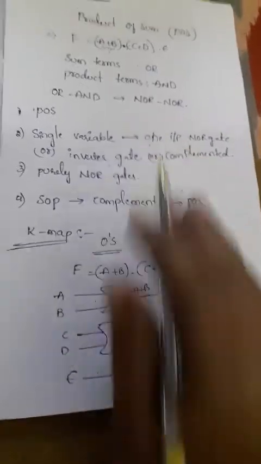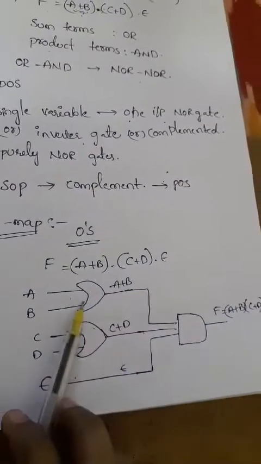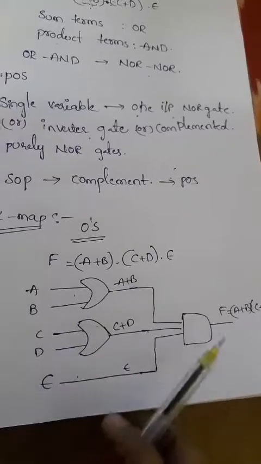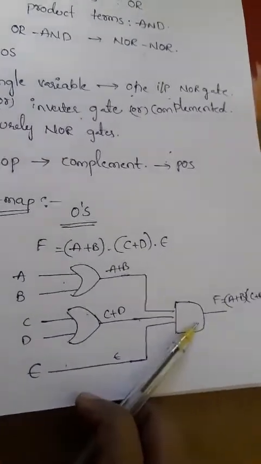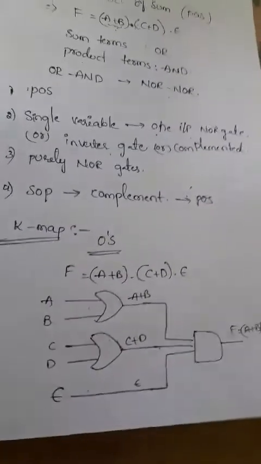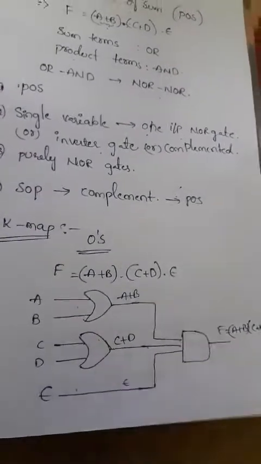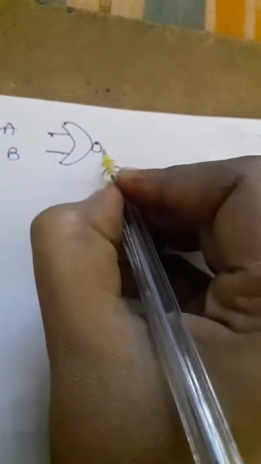The OR or AND gates in the logic diagram must be converted into NOR gates. That means I can convert these OR gates into NOR gates, and I can convert this AND gate into a NOR gate. We do this using graphic symbols. First I take the complement for this OR and AND. So this is a and this is b. Directly we have the expression a plus b, so I apply the complement, which equals the NOR gate.